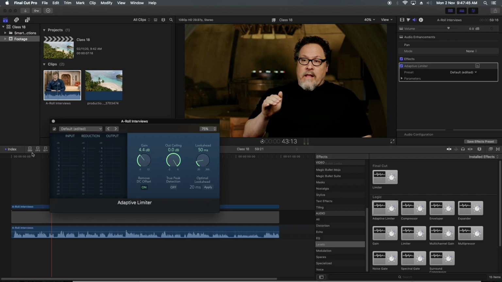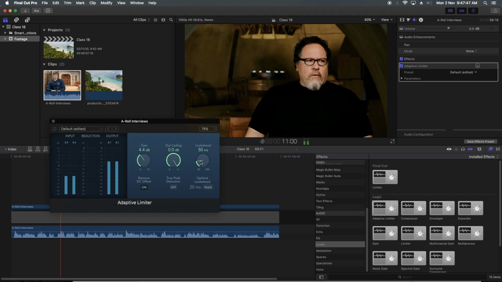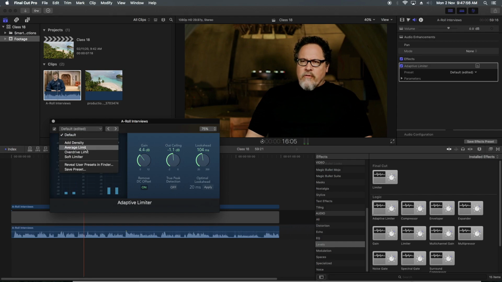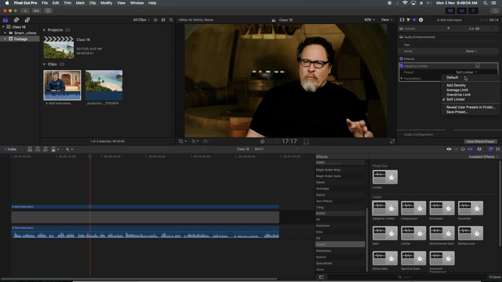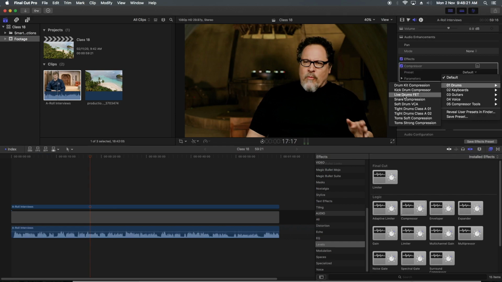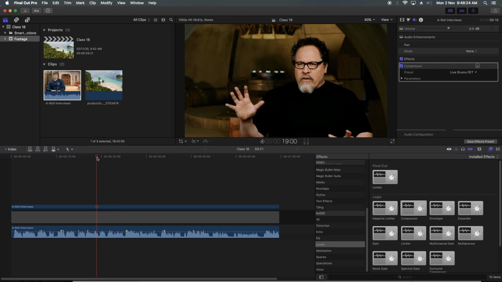You can check by clicking. There are so many effects you can use. Default settings are there to get used to, or you can choose by going to the inspector window and clicking on these presets. Every filter has presets in it. Let's put compress and you can use some presets.